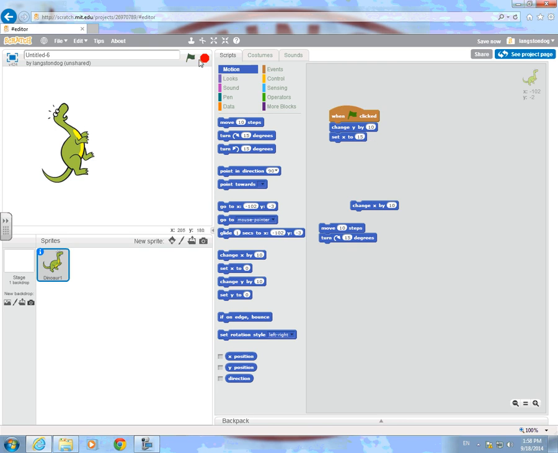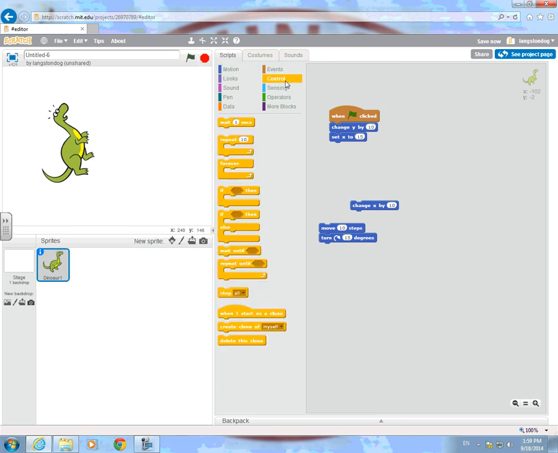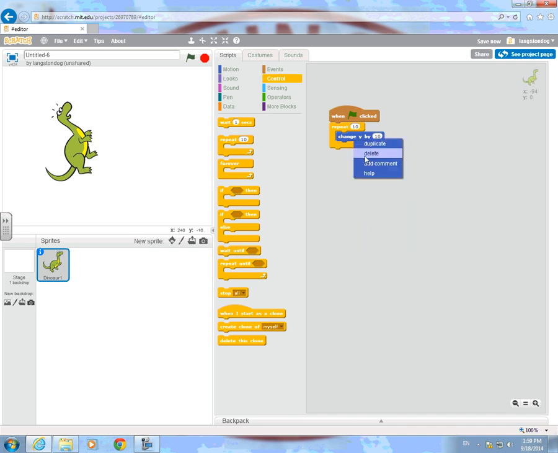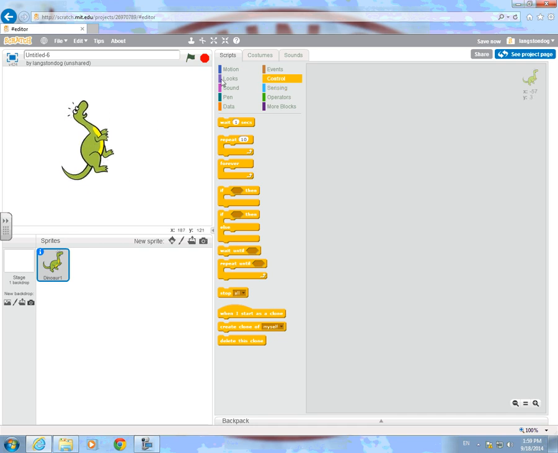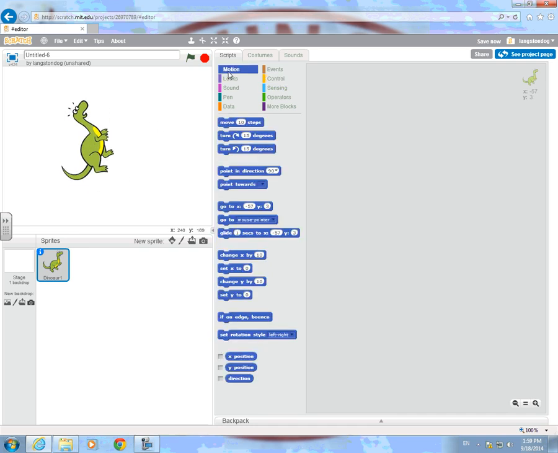So they simultaneously go in the same direction. There you go. Alright, so hopefully you kind of see some of that. You can mess around with that. So now we're going to have it where our dinosaur will move 10 steps